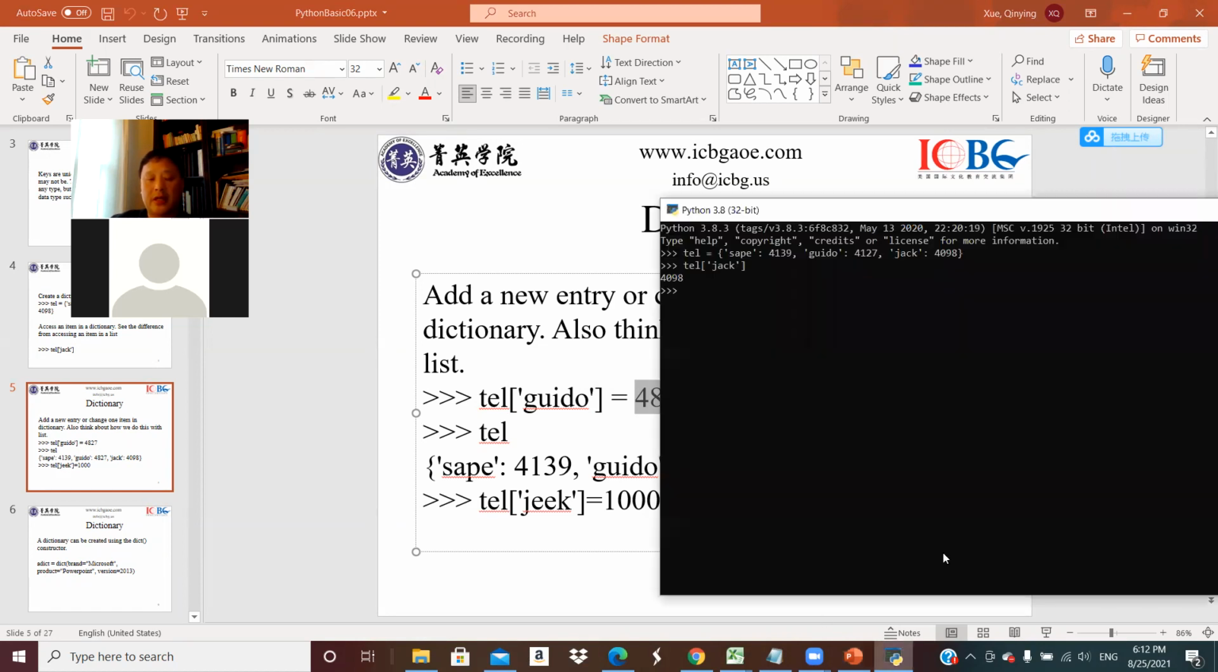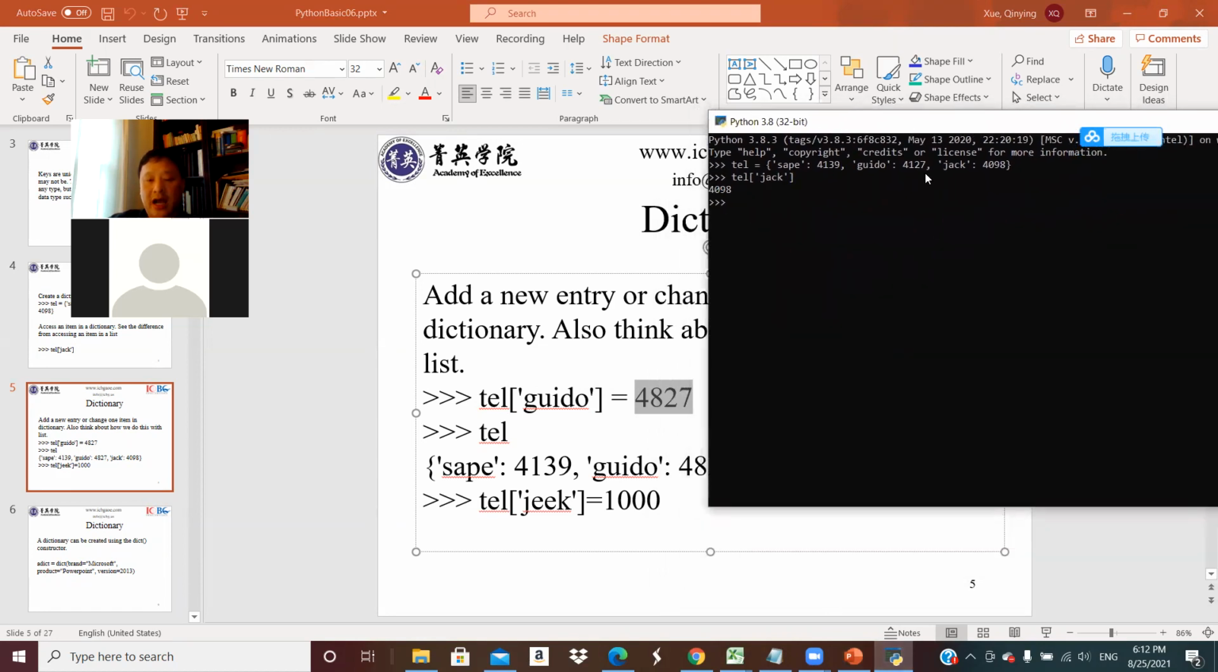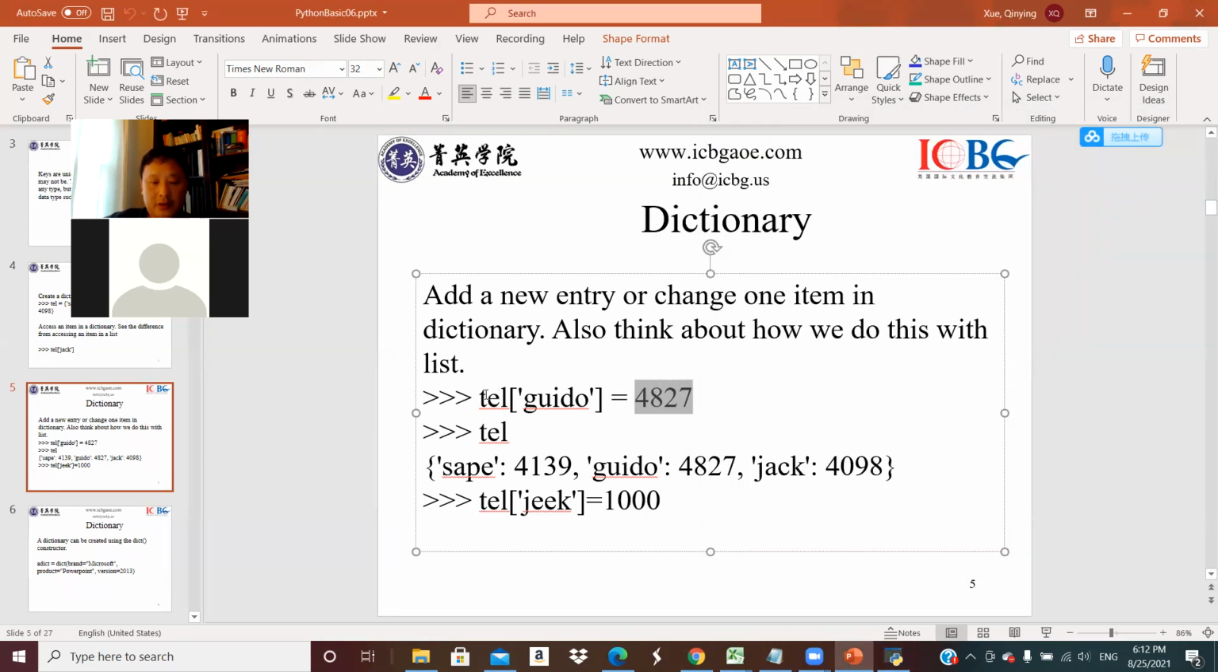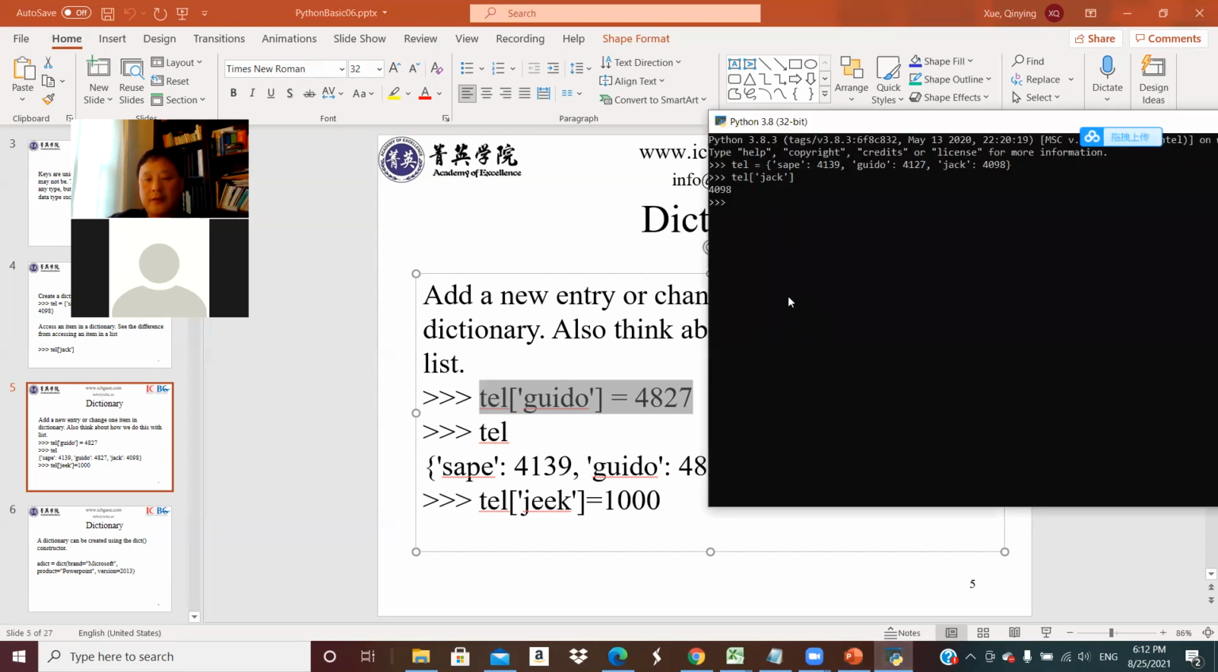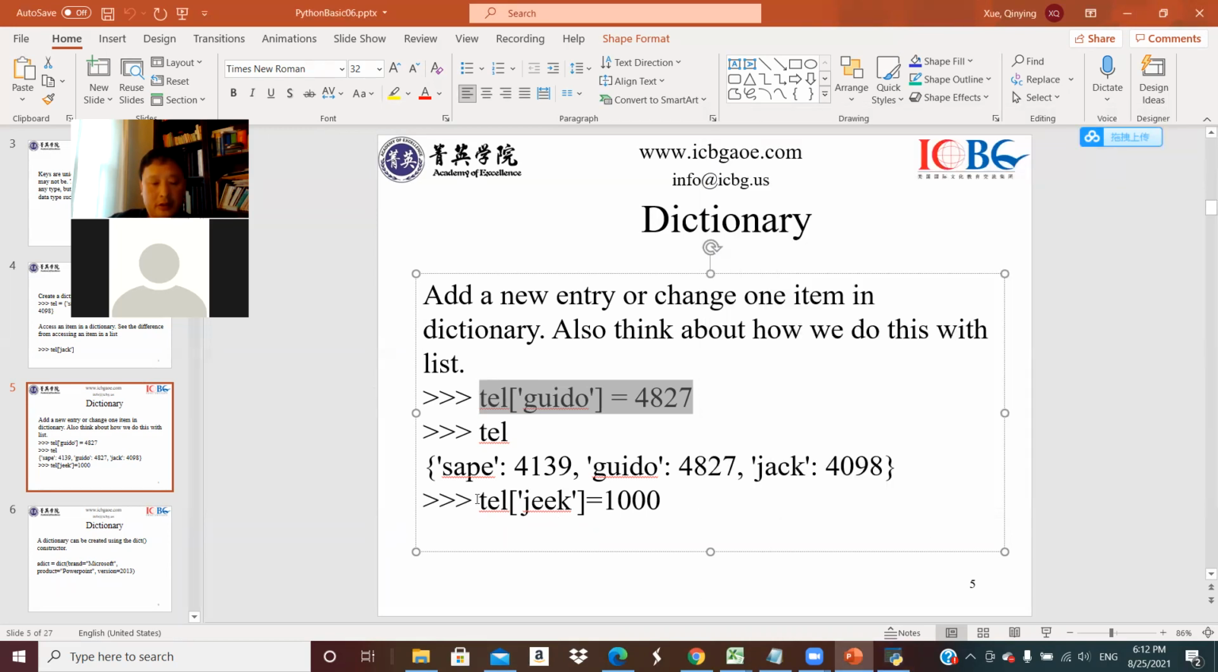So let me do this. I'll give you this code. I want you to try it in your Python. Let me try this one, put it here. Now let me ask you, what is the telephone? That's the telephone. Okay, that is telephone. And then if I give you this code, telephone jig,